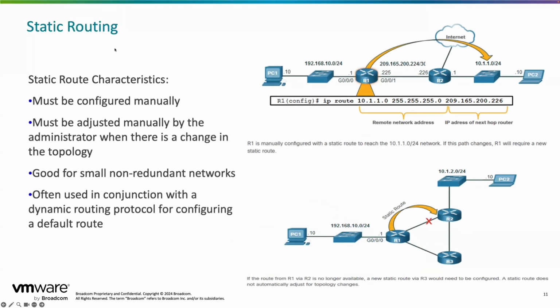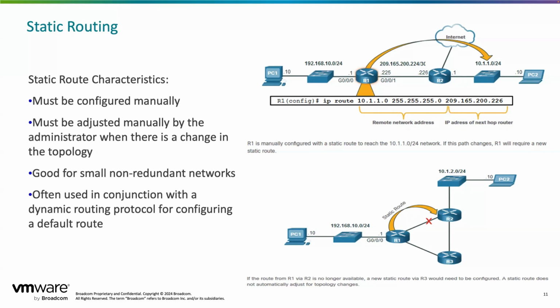So when it comes to static routing, we just manually configure a route to this specific subnet. For example, here: IP route, this specific route, and then finally at the last part you give it the next hop. That means that when you want to get to this IP subnet, please send it to the next hop, which is this IP address. So this is a static route,